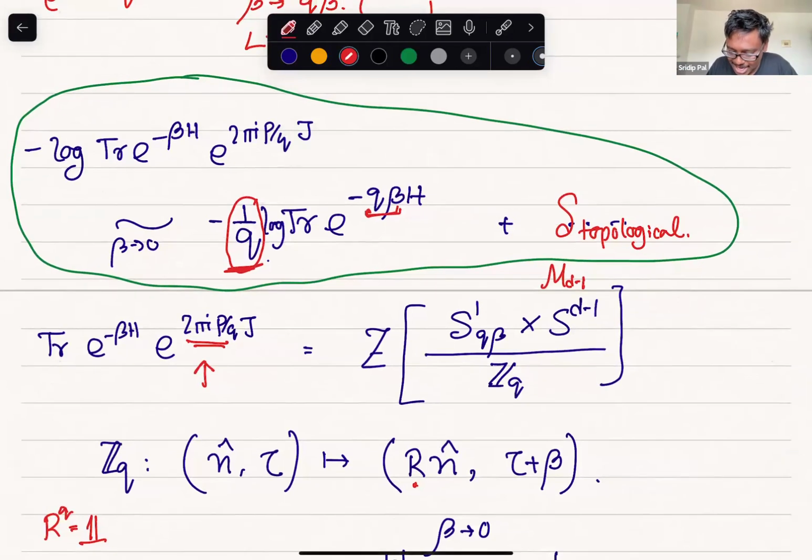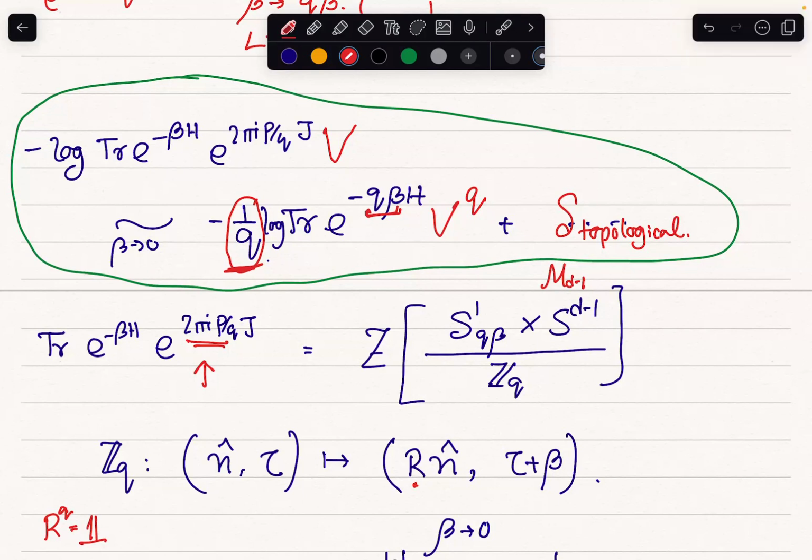You can make it slightly more general. For example, you can insert some other global symmetry V here, and then it becomes V to the power Q. So you also check these cases, where you insert some extra symmetry and extra stuff, and it also works. So it works, meaning what? That you compute it from the holographic side, or what does it mean?